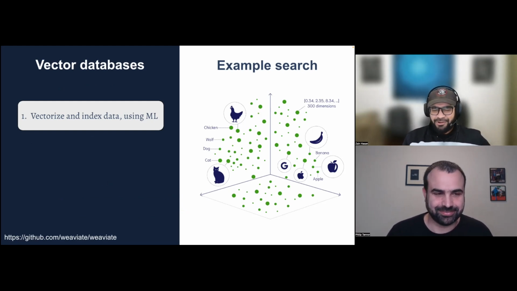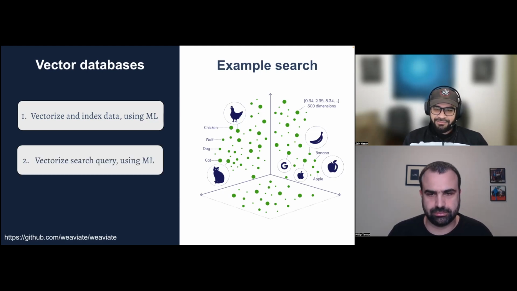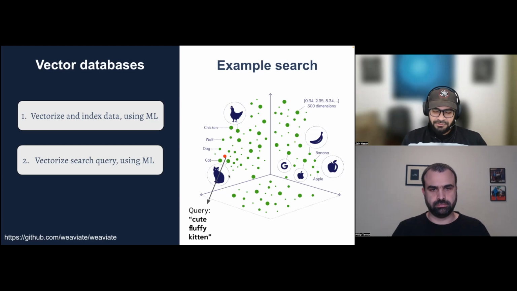All right. So now if you've got all of your data in the vector space, what you can do is you can have a user that comes in and brings in their query, right? So let's say this is their query, and their query can be in natural language. This is one of the reasons why language models work really well with vector databases. Vector databases can be queried in the language that language models speak. So your query can literally be the string cute fluffy kitten, and that's going to be found in this kind of neighborhood of vector space because this is where the animals are. You have cats and dogs over here.